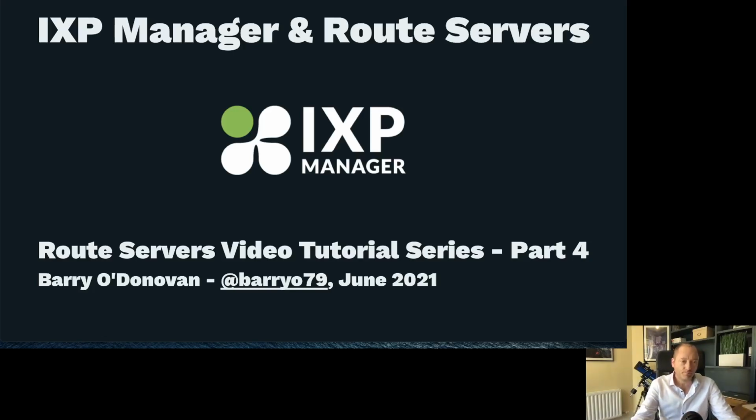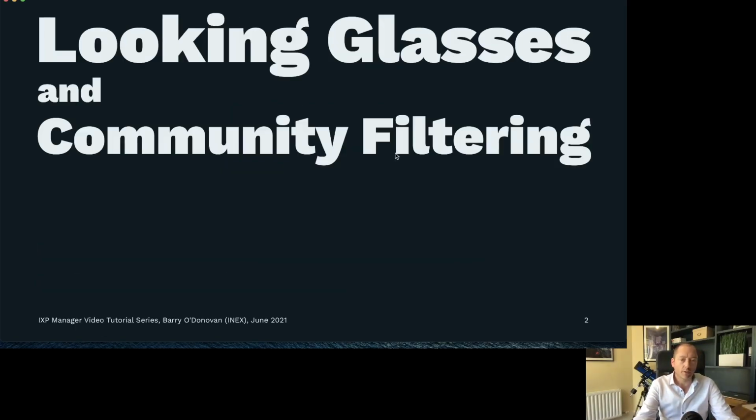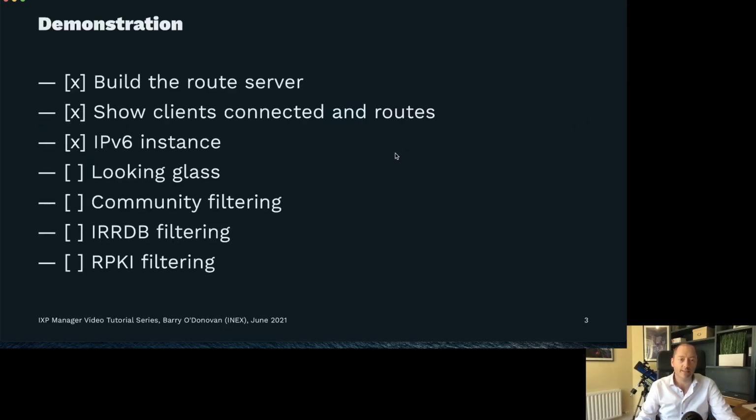Let me just see my presentation here. So looking glasses and community filtering, and this is exactly what we've done before. So we've just finished our IPv6 instance, right? For our looking glass,